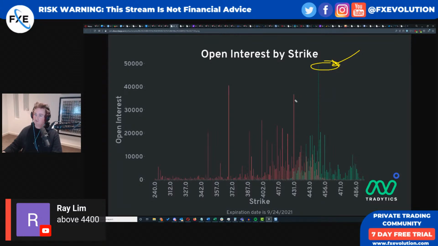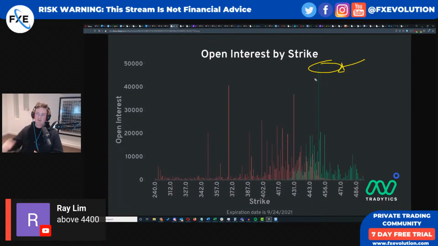So many calls at 450. And there's the puts, 430. In an ideal world, Wall Street would manage to hold the price between here and here all week. Because if there's that many calls on the SPY, there's probably a ton of calls on Apple, on different stocks, and huge amounts of retail buy the dip scenario. It's fine for Wall Street literally to just sit here and hover in a zone for a while, because they're making tons of money off pure speculation that we're going to have a V-shaped reversal.